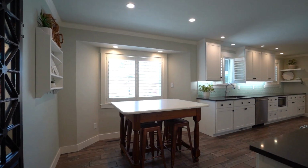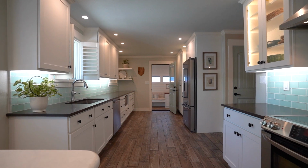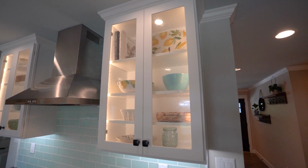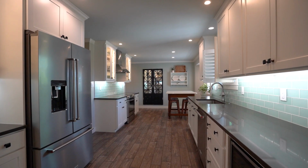The large kitchen boasts an eat-in dining area, stainless steel appliances, and a glass tile backsplash. The custom-made Tharp cabinets, known for their quality, provide endless storage, and the contrasting quartz countertops and custom lighting make